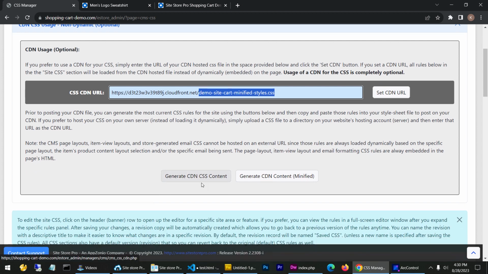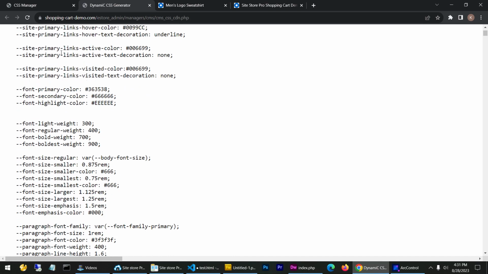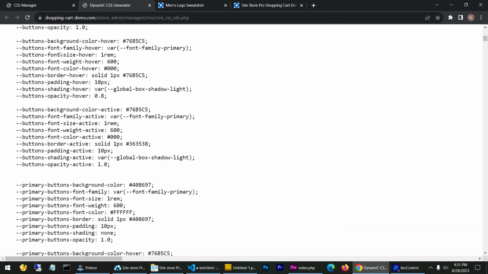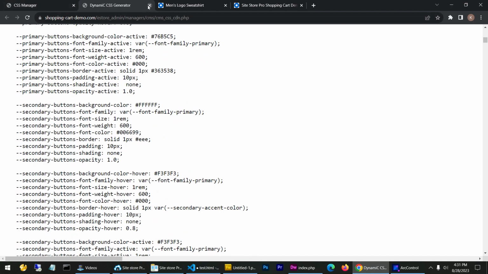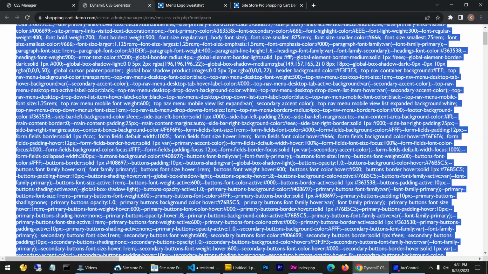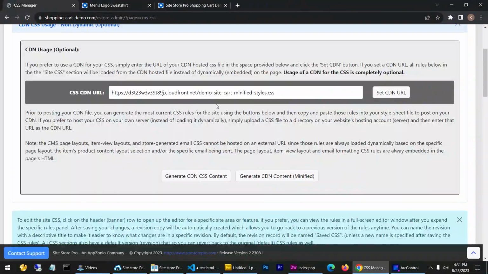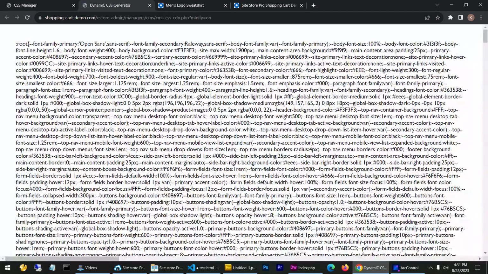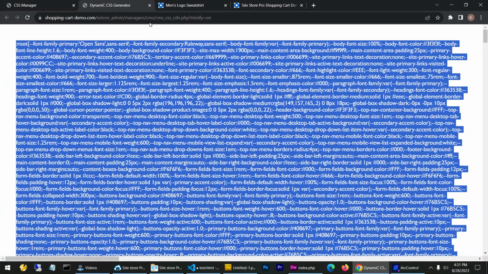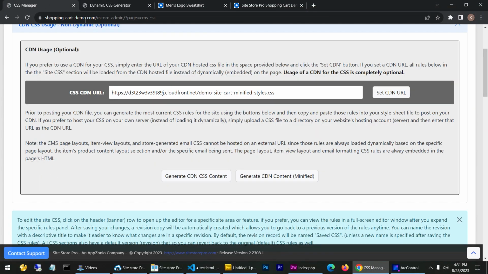You see these two buttons here? These actually generate the full CSS of the site into a file. This is the non-minified version. Every CSS rule is generated, so you can copy that and use it offline, or you can generate a minified version like this, which you'd usually use for production if you're launching your website. So I'm going to go ahead, and this code right here is the same as what's on this CDN file that I've already generated from before. So I'm going to go ahead and save this CDN, set it,